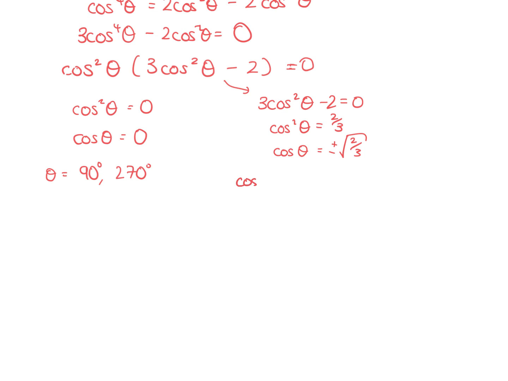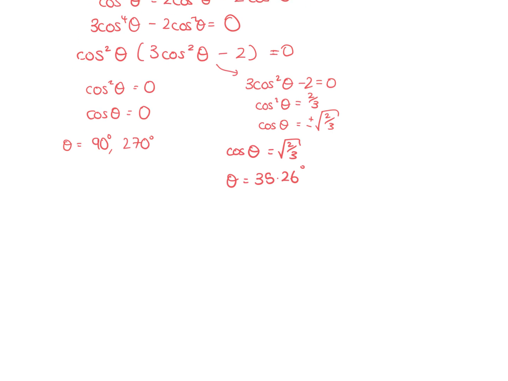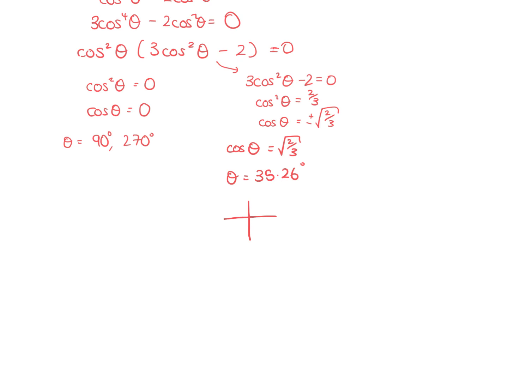So if I do this in two separate bits, let's make it equal to the positive root first. On my calculator I do inverse cos of root 2/3, and that gives me an angle of 35.26 degrees. Now I would think about that on my CAST diagram and say, well, cos is positive, so I'm going to get an angle in here and an angle in here. The calculator gives me that this is 35.26, so this must be 35.26. So one angle is 35.26, the other angle is this one, because I'm going up to 360. So that one will be 360 minus 35.26,